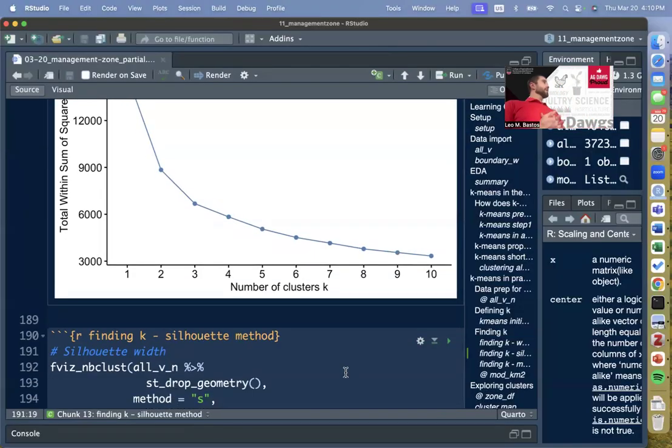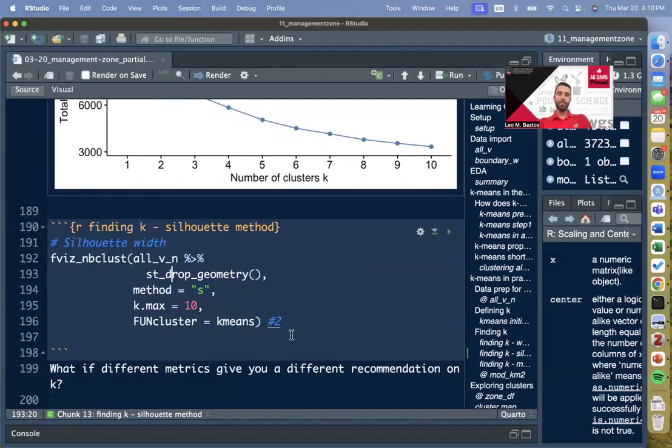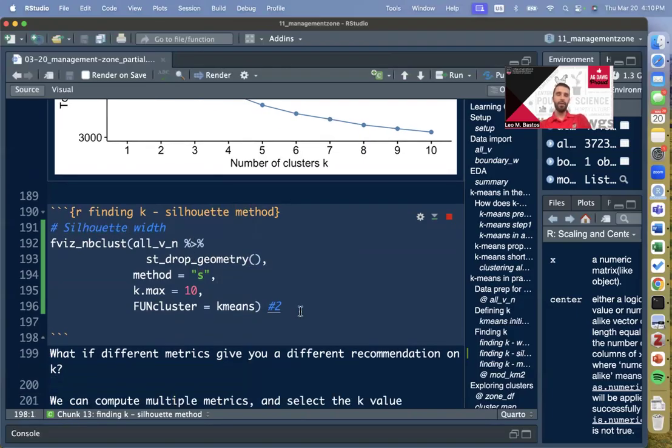Okay, so the next metric we're going to use here is called silhouette width, and the only difference from the previous code is that now we change the method. So the data is the same, Kmax is the same, the fun cluster is the same. It's just the method now is S. If you look for help of the fviz_nbclust function, you're going to be able to see in the documentation what methods are available. So here S stands for silhouette width. If we run this,